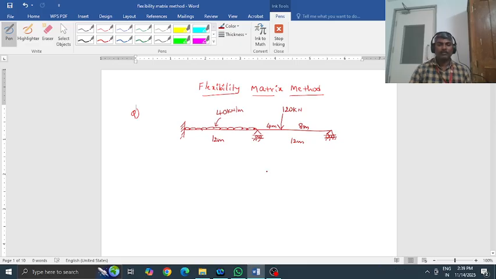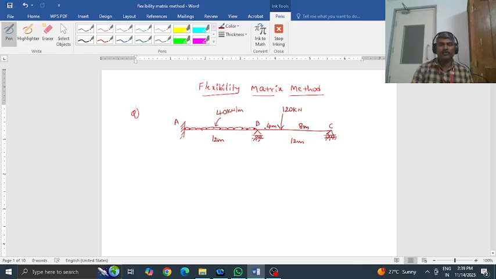Welcome. This session we will try to solve a continuous beam using the flexibility matrix method. I have considered a continuous beam ABC having two supported spans. Span AB is 12 meters, span BC is also 12 meters, where span AB has a 40 kilonewton per meter UDL and